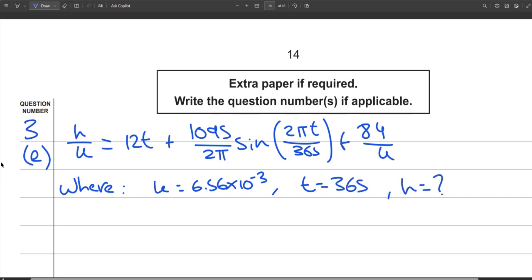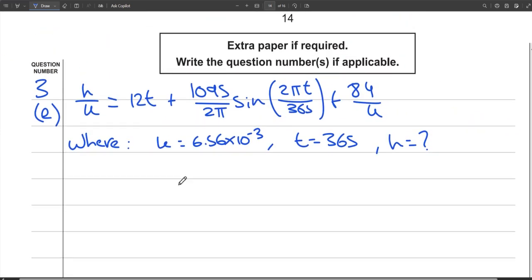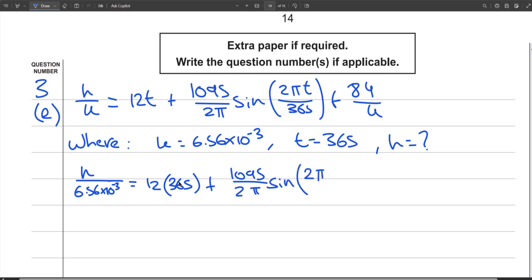And h equals what? So now let's go ahead and plug in the numbers. So we'll get h on 6.56 times 10 to the minus 3 is equal to 12 times 365 plus 1095 on 2 pi, sine of 2 pi